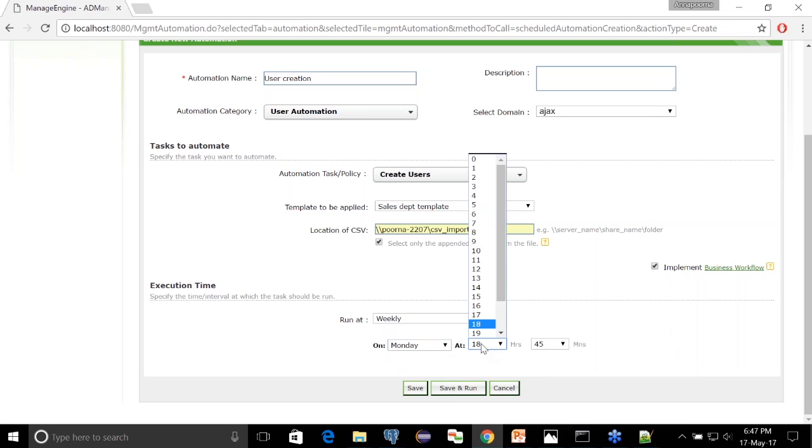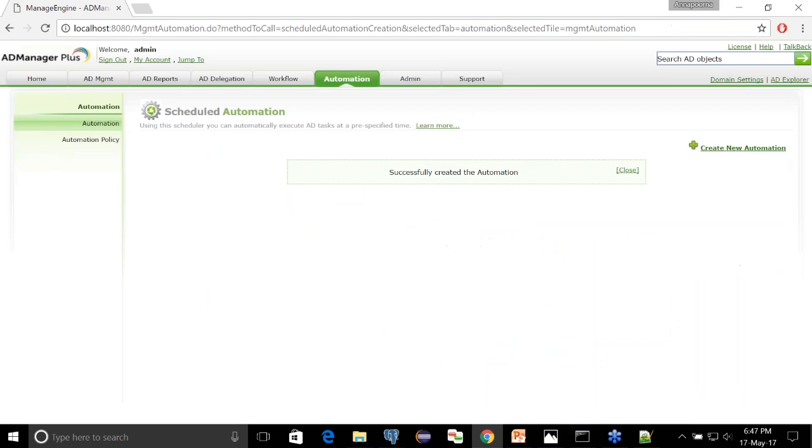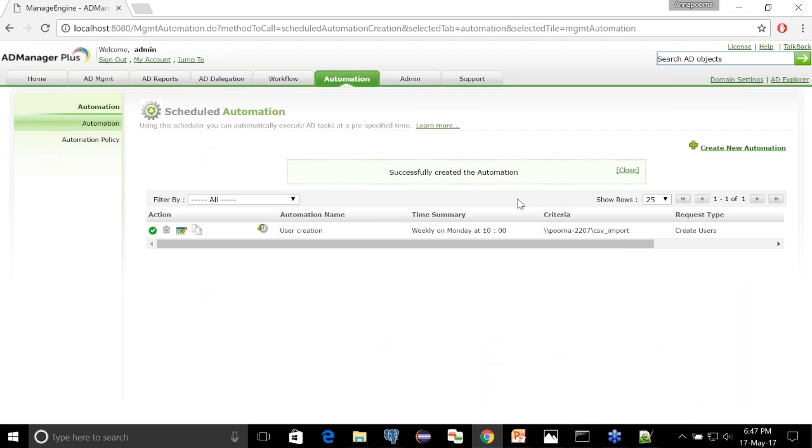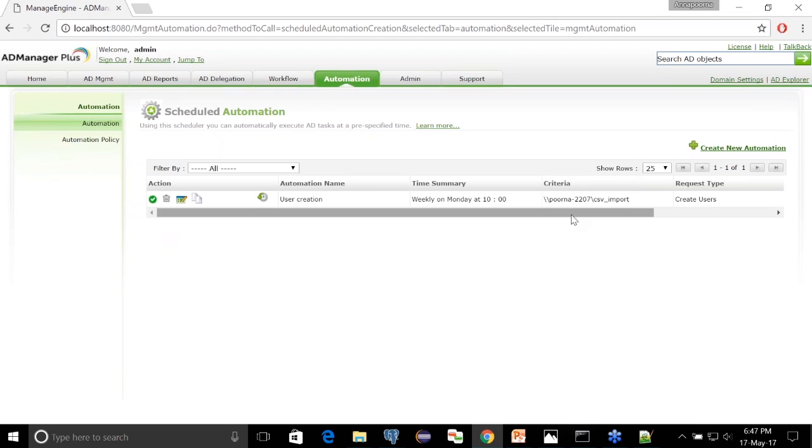I hope if you have attended the previous session, you would have known what workflow is. So if you just select this option, this particular task of creating this user account will be raised as a request. Instead of executing the task, AD Manager Plus will raise this particular automation as a request. Then you as an administrator can log into your AD Manager Plus and then execute this particular operation. If you think the invalid values are there, then you can simply reject that particular task.